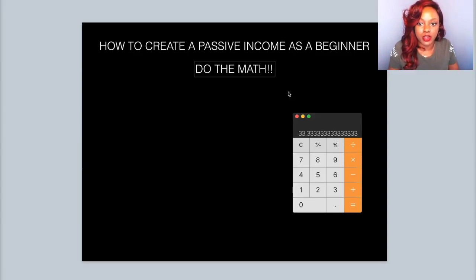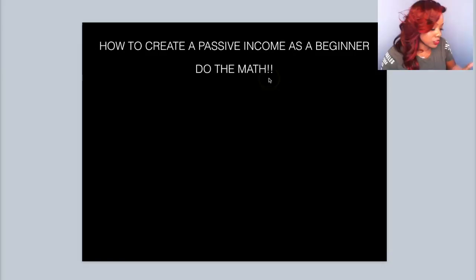So from that point, you can actually determine what price point you want to use for your training, right? Depending on what type of knowledge you're going to put out there, it'll kind of coincide with what your price point is. If it's really basic information, you can definitely do it around the $27 mark or even just $33 right off the rip, okay? So that's what you want to do. You first want to do the math.